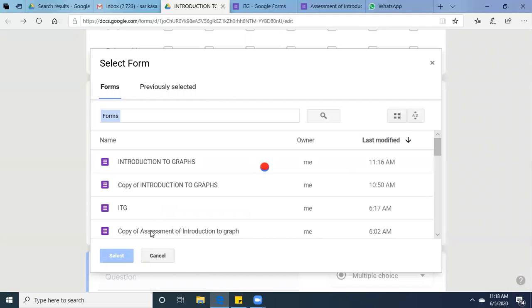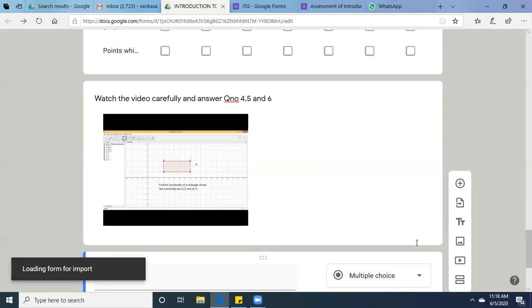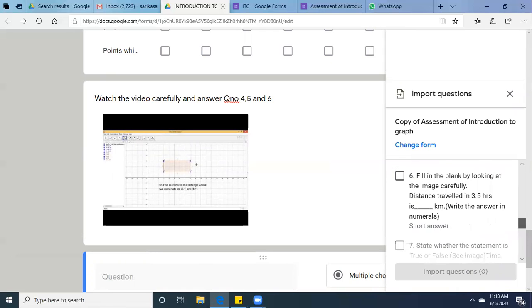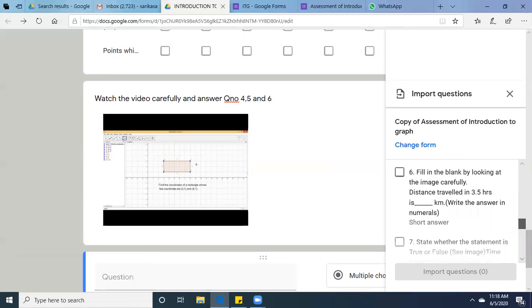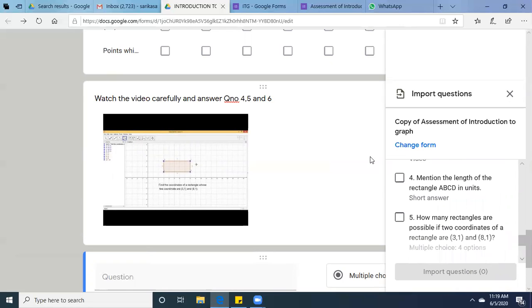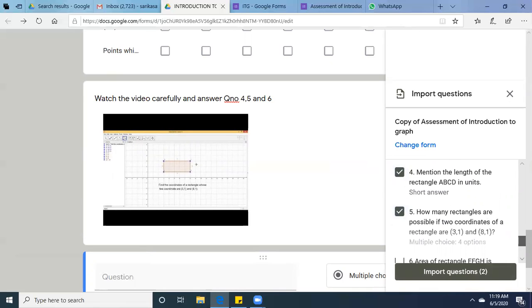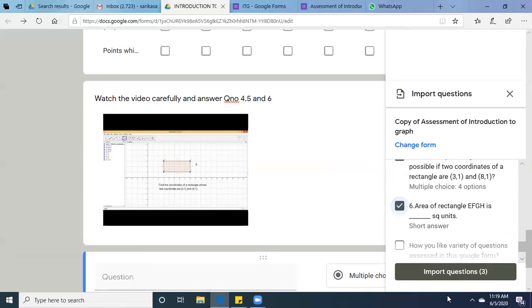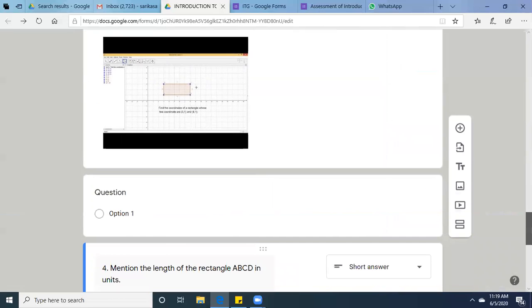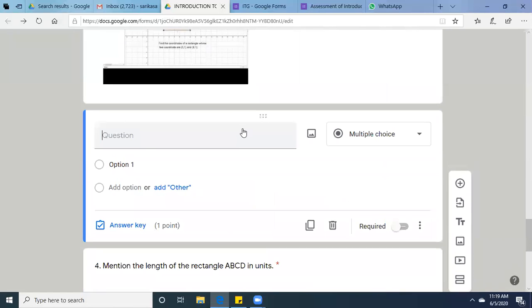Then I have to select copy of assessment of introduction to graph, because questions from this assessment I have to choose, then select, and then I have to select the questions. See, I have selected question number 4th, 5th and 6th. Okay, and then import question option. Now, after the video, all these questions will appear. Fine.